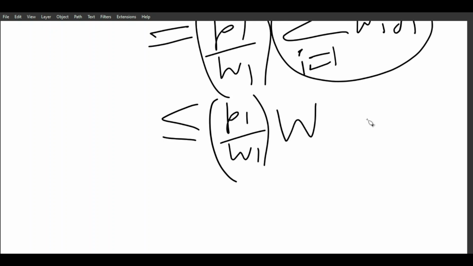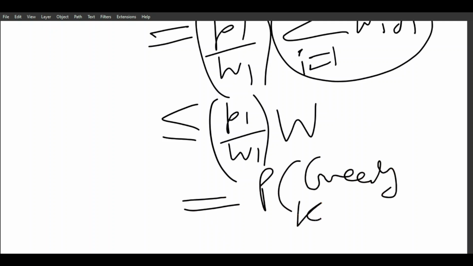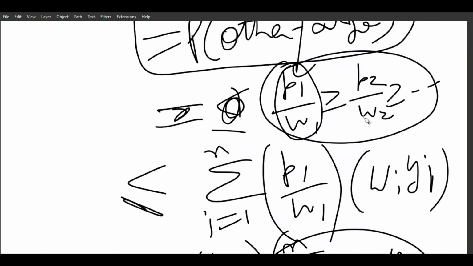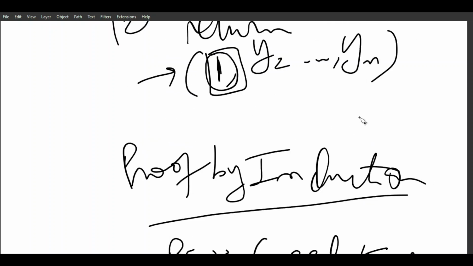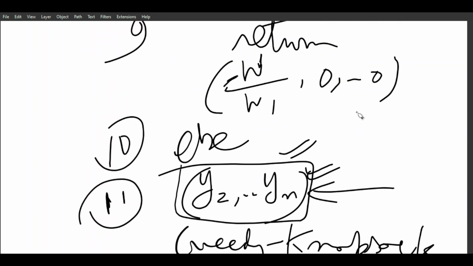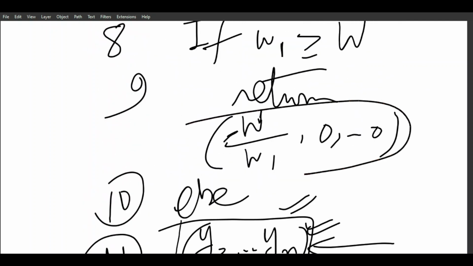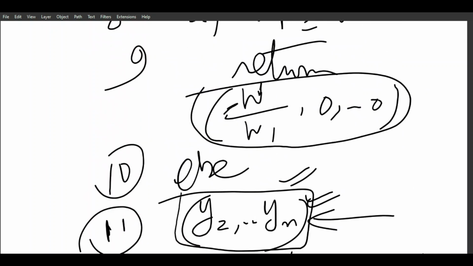So here what we have proved is this is profit of our greedy knapsack. See, so this is formal proof of this statement, this one. Now the general case we consider. So in the general case, again as I have said, we have to perform